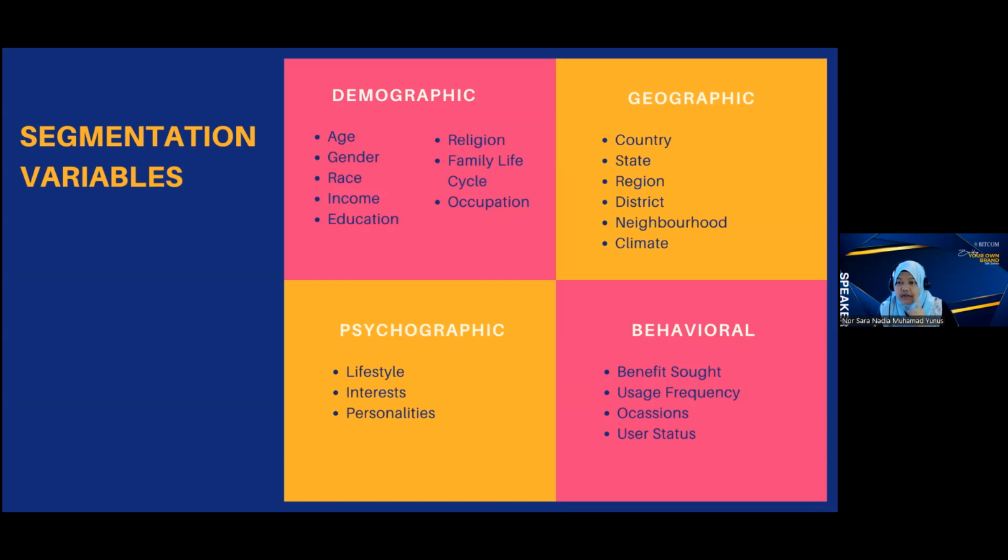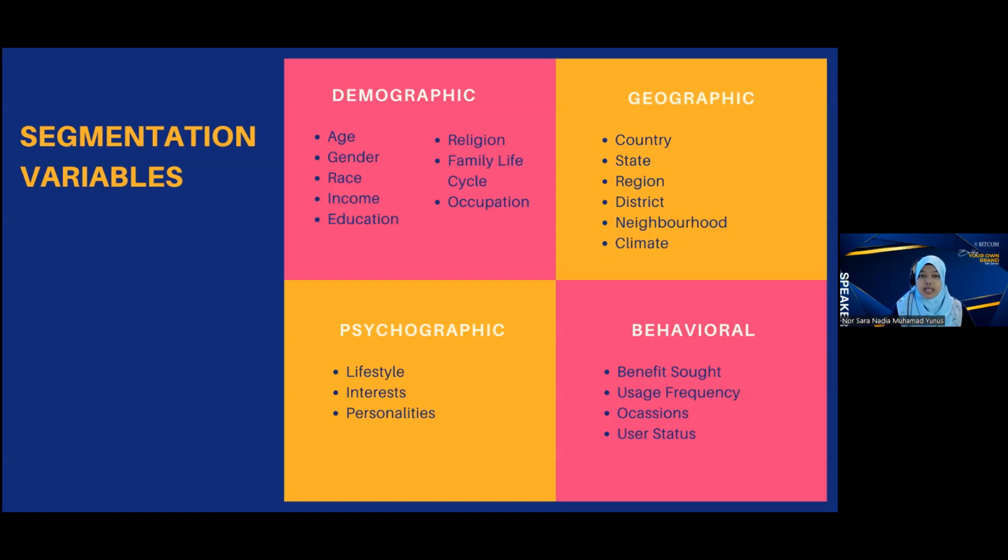For demographic segmentation, we rely on characteristics like age. Age can be a group of ages, maybe 12 to 15 or 30 to 40, or we can use direct terms like children, young adult, or teenagers. All of those reflect the age of our target population. We can also use gender, male or female. Race and ethnicity can also be used, for Malay, Chinese, Indian, or specific ethnicities as we have in Sabah and Sarawak.